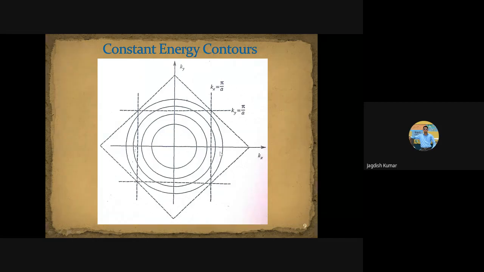So you have Kx, it is having a zone boundary at say pi by a along the x direction. So this will be the Brillouin zone for a 2D square lattice. So you will be having a zone boundary at plus pi by a along the x direction, minus pi by a along the y direction. Sorry, towards the negative x direction. Similarly, pi by a along the x direction and minus pi by a along the minus y direction. I mean, both ways. So this is the first Brillouin zone for a 2D square lattice.